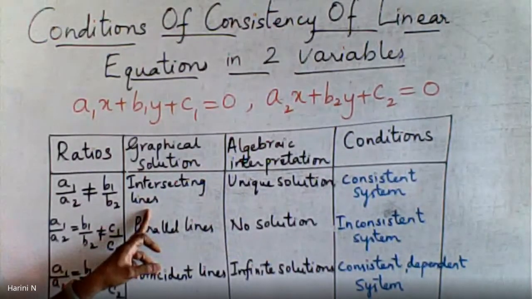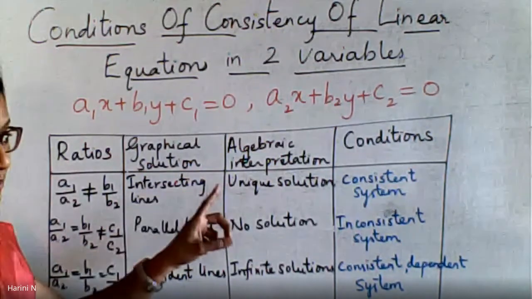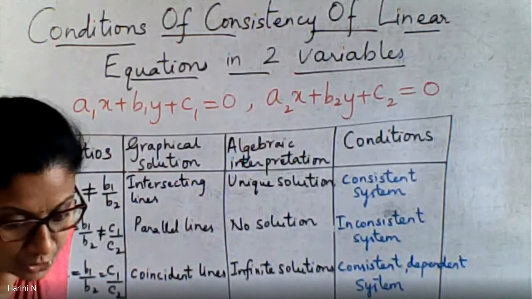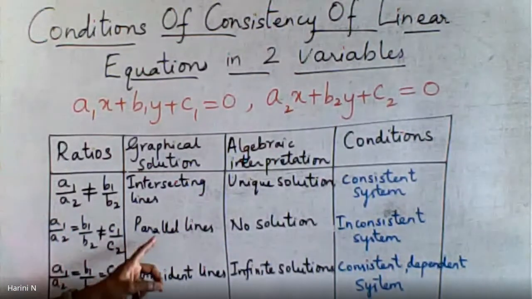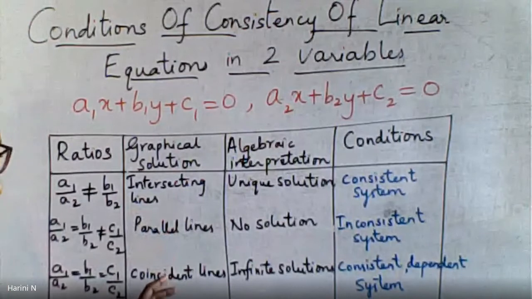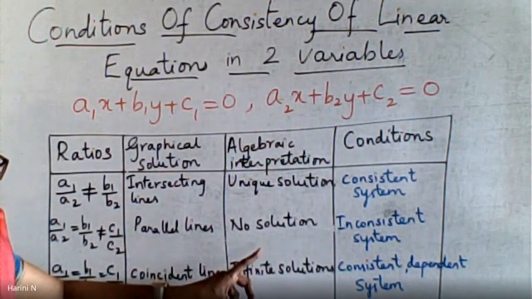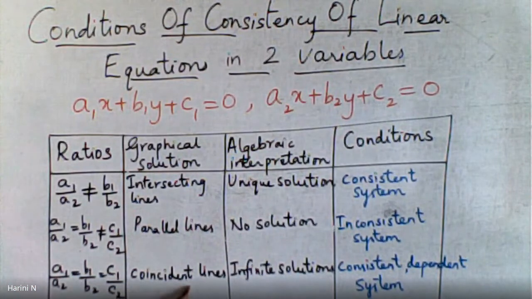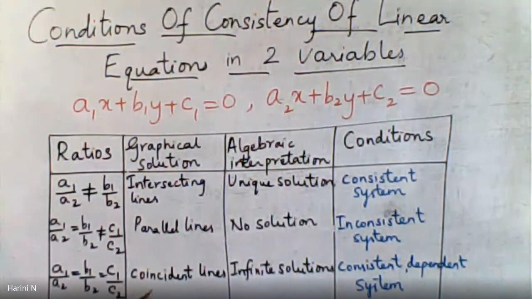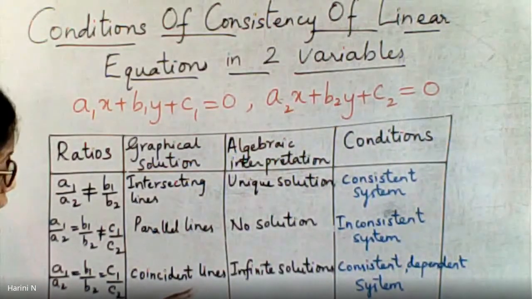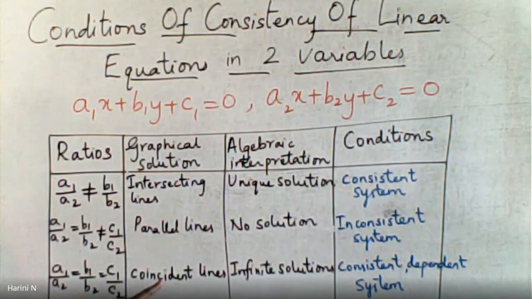Algebraically you can tell if you get intersecting lines. We have seen in the graph yesterday that there will be only one solution. That point of intersection of the two lines becomes the solution of the equations. If they are parallel lines, because they don't intersect at all, we can decide that there is no solution. This also we have done in the graphical part exercise. And the last option is coincident lines. That means the lines are overlapping; they lie one over another. In such a case, all the points on those straight lines become the solution. So there are infinite solutions when the lines become coincident.